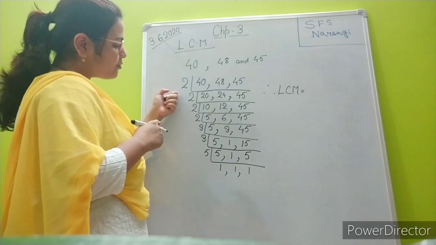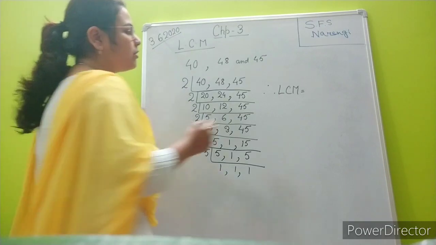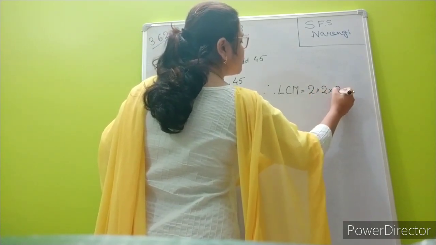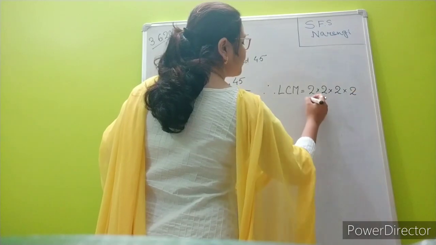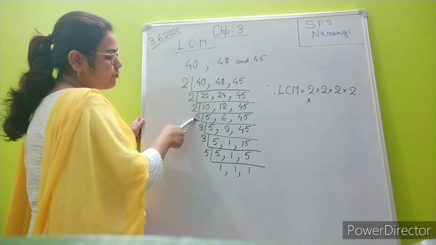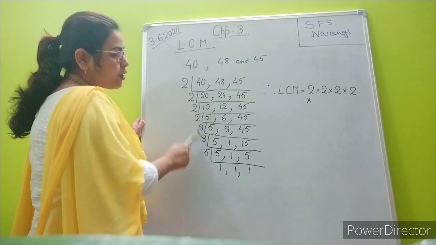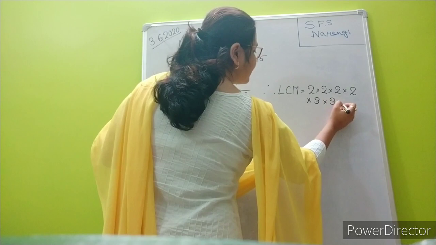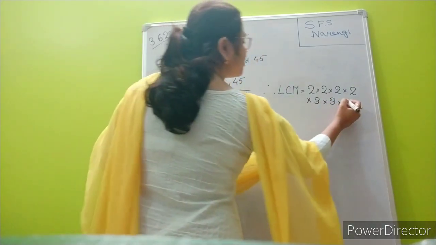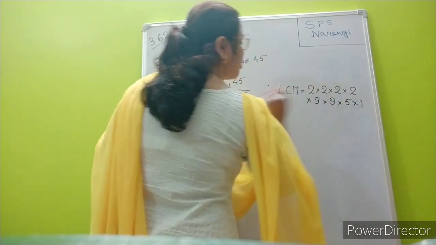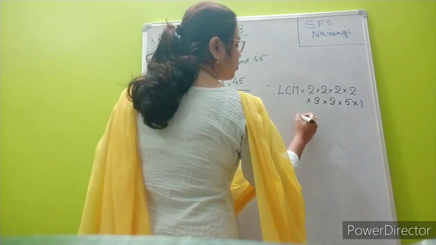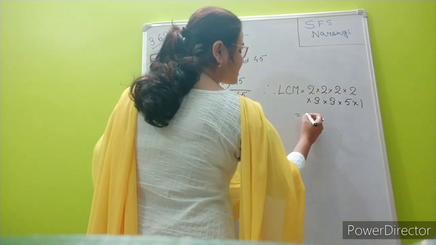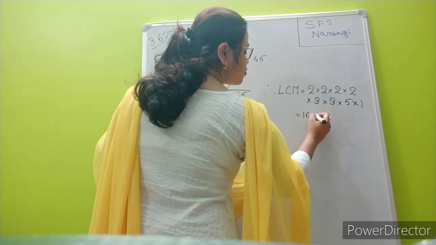How many times have we got 2? 1, 2, 3, 4. So we are going to write 2 into 2 into 2 into 2. Next 2 times 3, so into 3 into 3, and then we have got 5. So 5 into 1. Right? So 2 into 2 into 2 into 2. So 2 2s are 4, 4 2s are 8, 8 2s are 16. 16 into 3, 3 3s are 9,